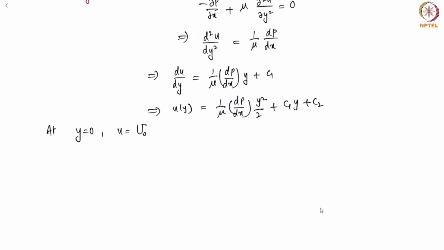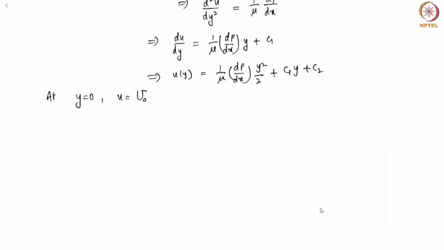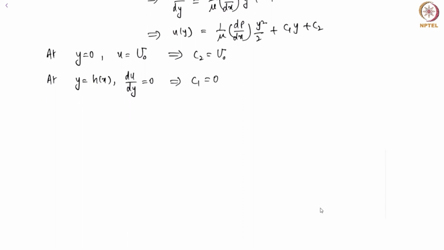That's the velocity of the plate. Remember, y equal to 0 is on the plate. The second condition is, at y equals h of x, the tangential stress is 0, that is du by dy is 0. The first condition gives me the constant c2 to be u naught, and the second condition gives me the constant c1 to be 0,